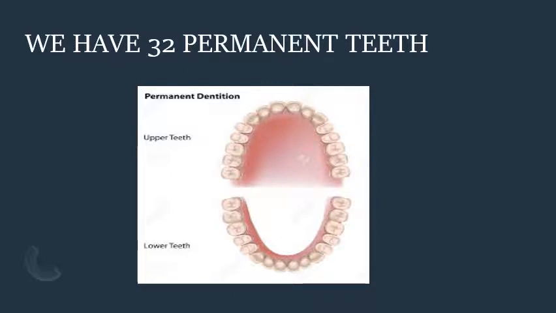But when you become an adult, after 6 years, I think from 3 to 4 years, you will have all these teeth falling and new permanent teeth will start growing. If you ask your parents, they can show you all the 32 permanent teeth present in their mouth. Okay, 32 permanent teeth is for adults. Understood? This is what you have to understand about the milk teeth and the permanent teeth, or the temporary teeth and the permanent teeth.